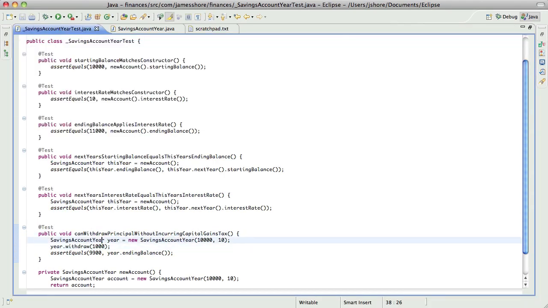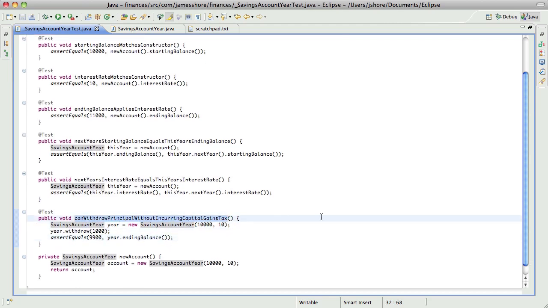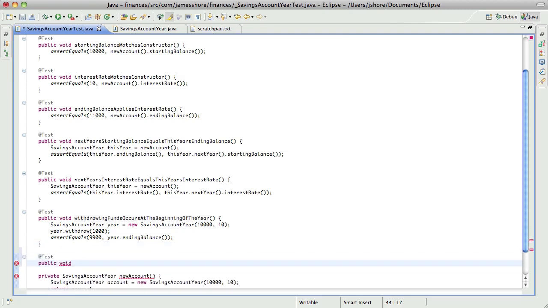Yes. Okay, so let's be really explicit about that and not make this about capital gains tax. Let's say that withdrawing funds occurs at the beginning of the year. Now, I'm not going to do deposits just yet because I do want this to be about capital gains. I guess what we need to do is we need to say withdrawing more than principal incurs capital gains tax, which means that we need